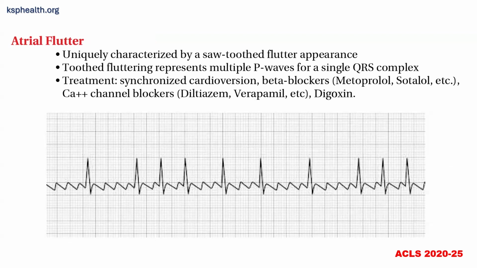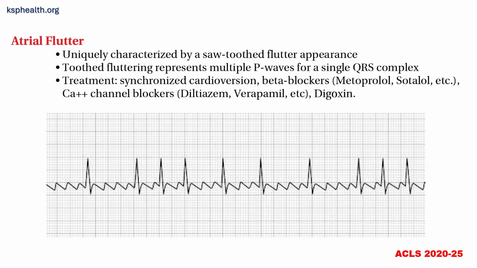Next one is atrial flutter. It is characterized by a sawtooth flutter appearance. The sawtooth represents multiple P waves for a single QRS complex. That's what the sawtooth appearance is. How do you treat? Synchronized cardioversion, beta blockers such as metoprolol or sotalol, calcium channel blockers such as diltiazem or